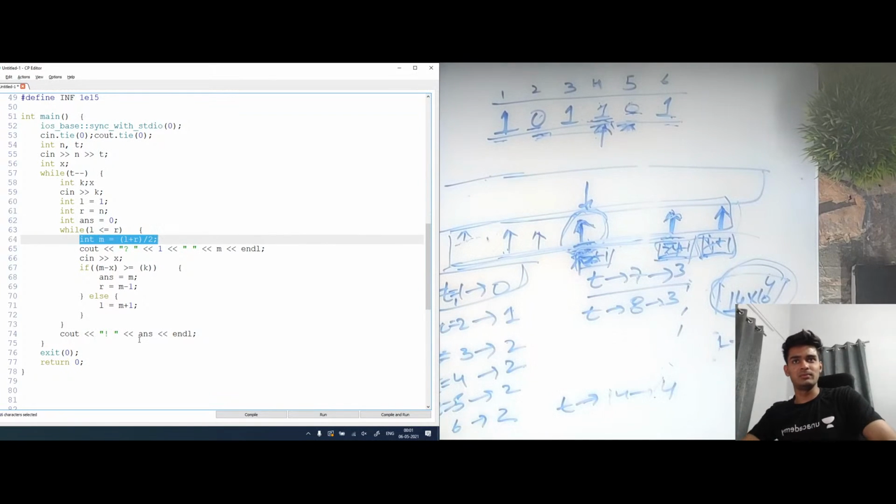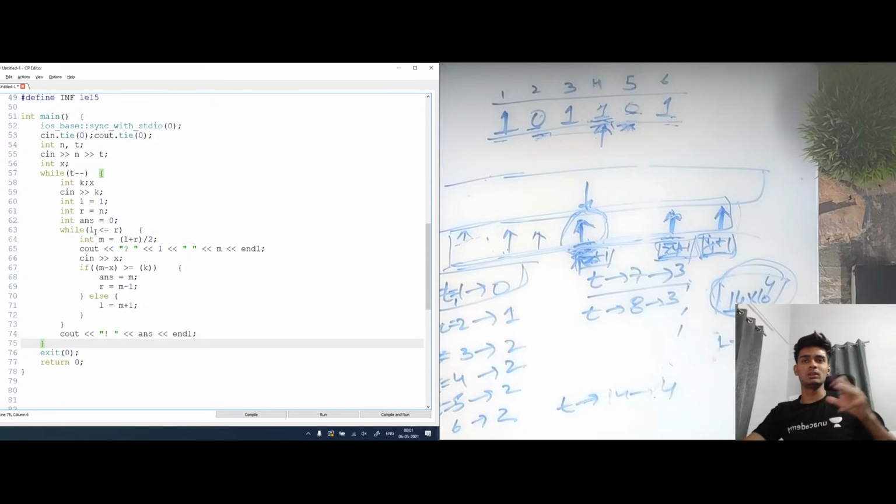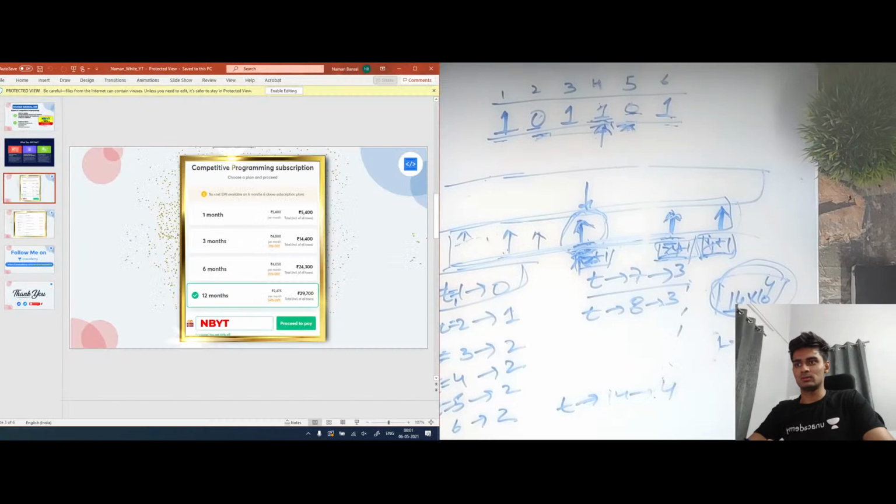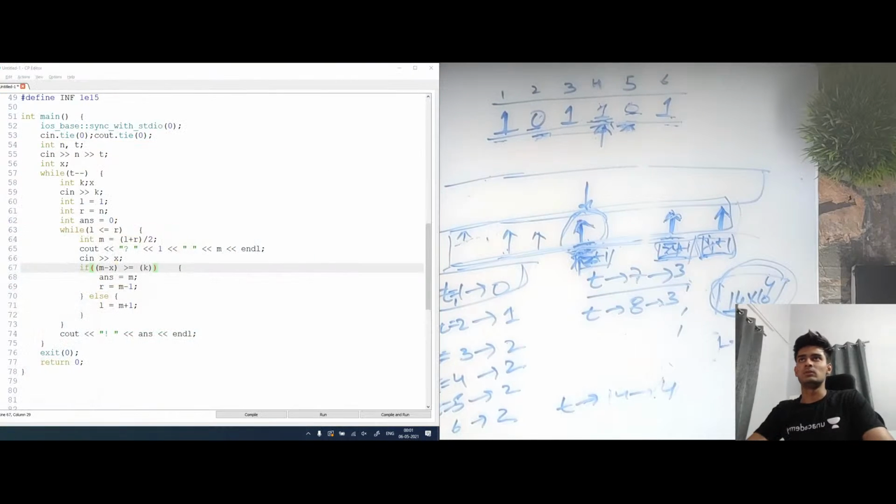So basically, you just need to store all the previous answers, and whenever you get an answer for any test case, you just see which index it is, and all the stored answers after this index are incremented by 1. So I'll just show the code so you can see how it was to be done. There isn't much to change in this code.